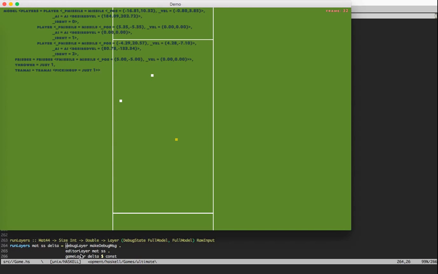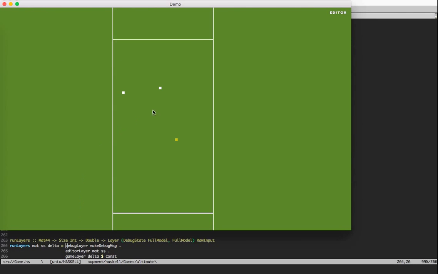The next layer is the editor layer, which, if it's unpaused and in editor mode, processes the mouse movements when dragging the players around, and then changes the editor state. At the bottom of the stack, you have the game layer, which takes a time delta and actually runs the players around or steps forward the AI or the physics and so on. So it's very easy to see the structure of the program. It's like a pipeline almost, and it shows up right there at the very top level where you compose these layers together. And I'm going to write up how exactly I've been doing this, but it takes some ideas